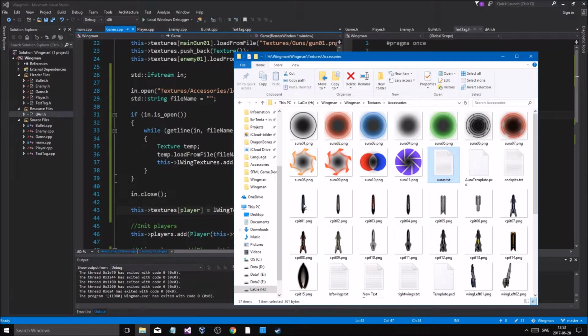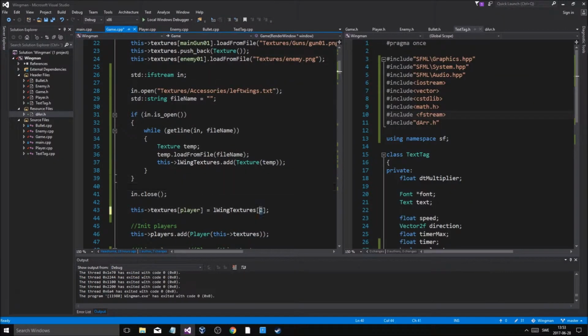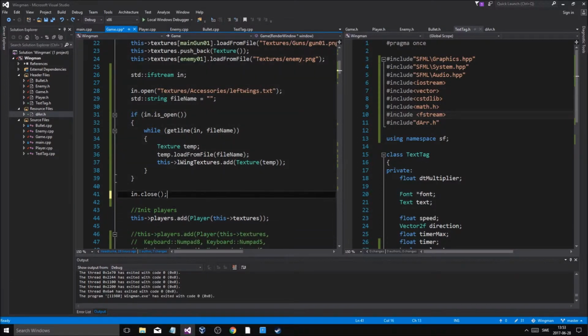Although they're not that high in resolution. I mean, they're not gonna look that good scaled up like this. But yeah, we'll see. So that's good. That works. I loaded them all in, and I'm gonna do the same thing